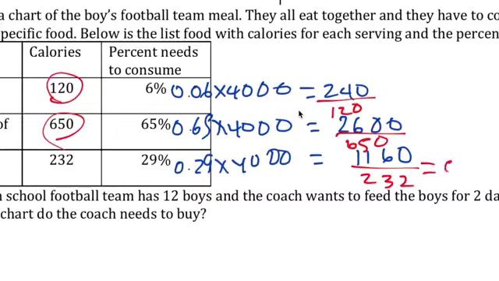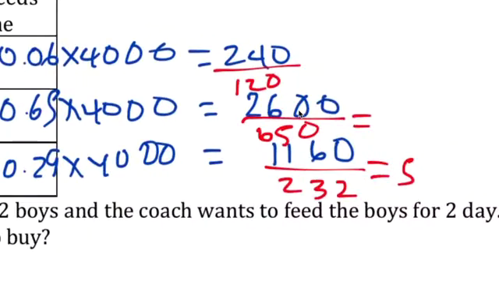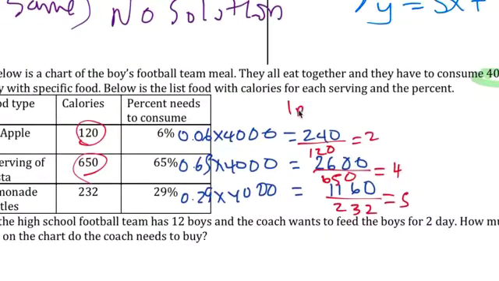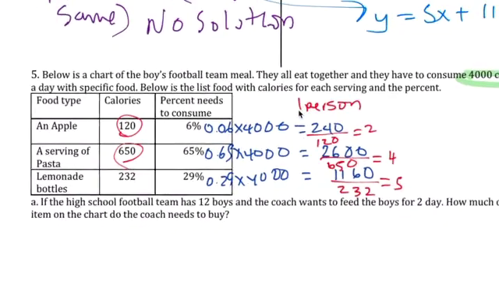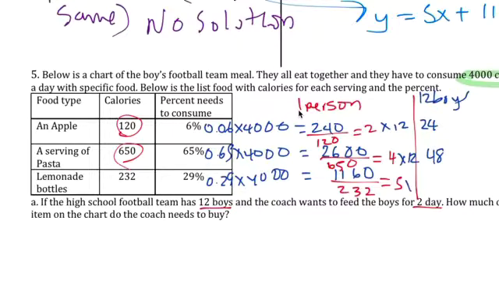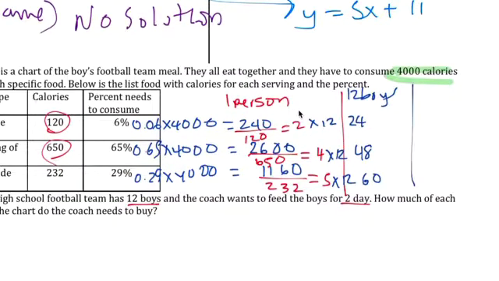This one you would get 5, probably 4. Yep, and that's 2. This is for one person. If the high school coach has 12 boys and wanted food for 2 days, so times 12 boys, it's 48, 60, okay? For 2 days, so times 2 days,